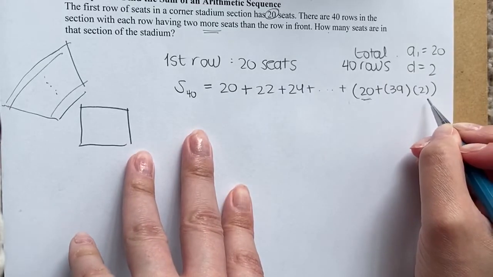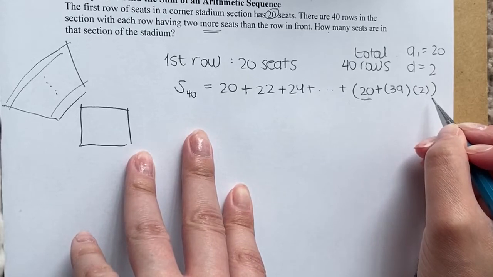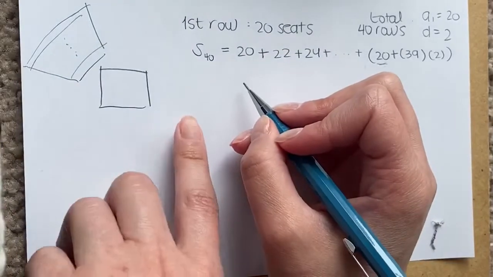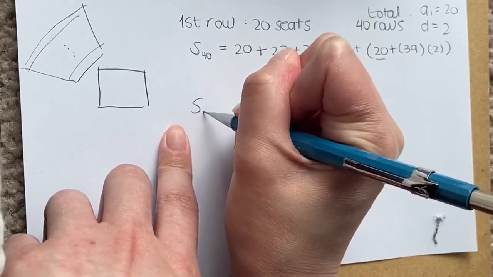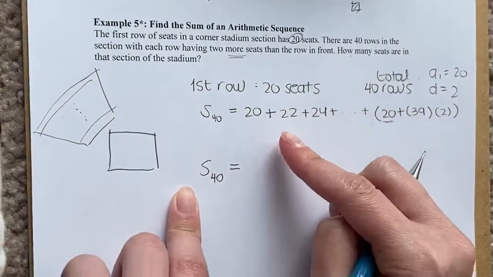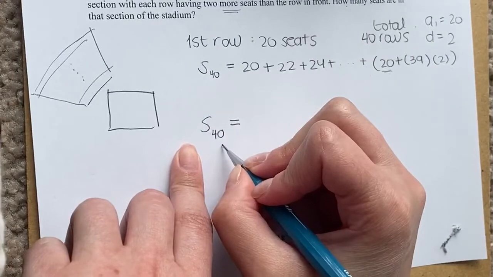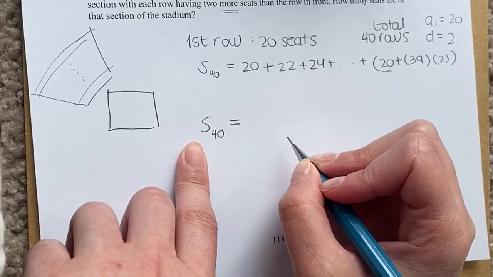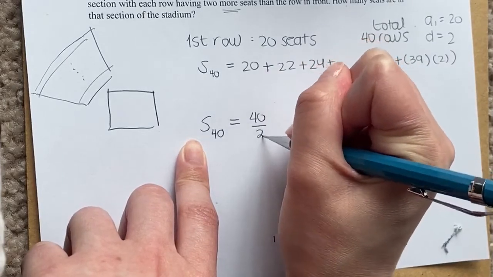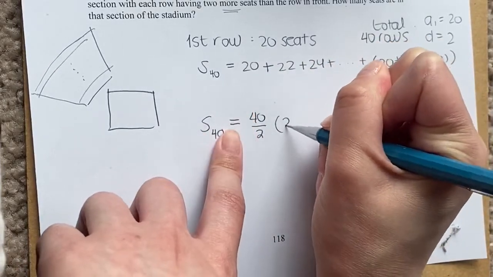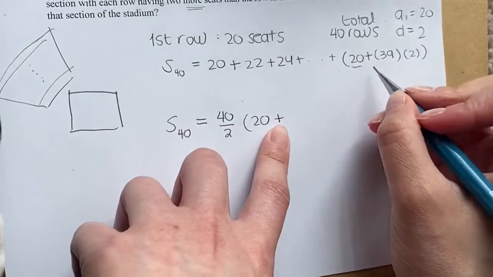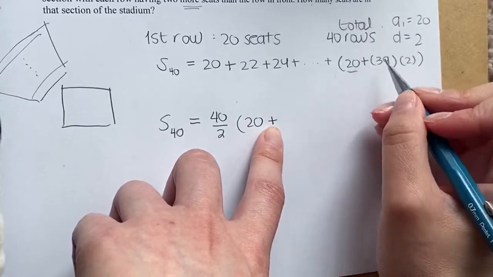From here, what are you going to do? You might be thinking, why in the world am I doing this if I can just use the formula that we learned back on the other page? This formula is n divided by 2 times a1 plus an. Your n in this situation is 40, therefore it's 40 divided by 2 times my a1, which is 20, plus a sub n,